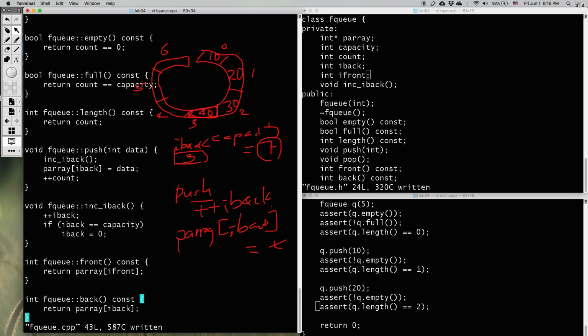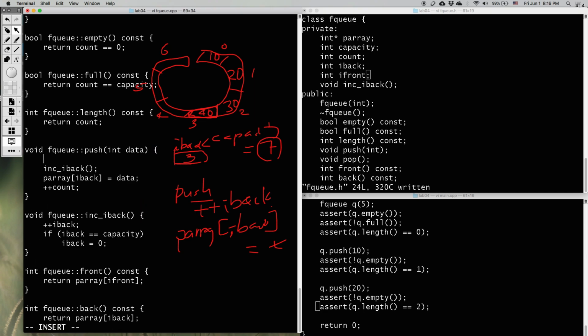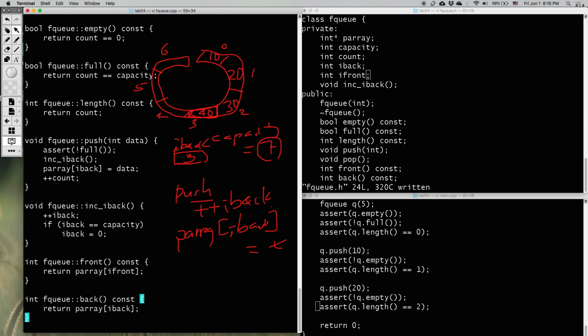Here we want to assert some condition for push: if the queue is full, we cannot push, so it should not be full. That's the assertion requirement. So before you push, make sure that it's not full. So front and back we can read this way. So if we